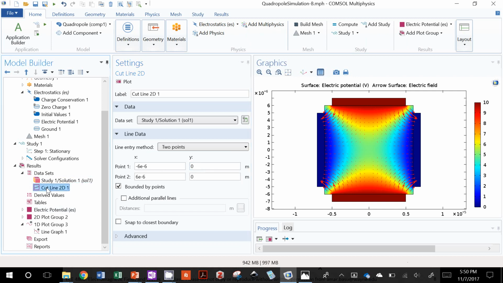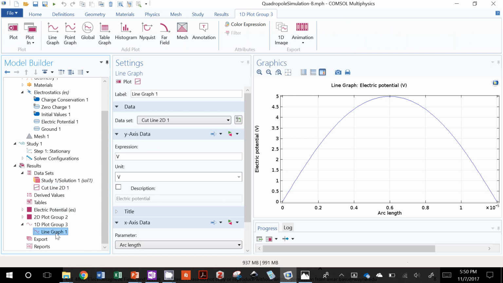All right, so that will define this cut line here. And when we go to the line graph, the data set that we'd like to plot is along this cut line. So if we click none, we won't have any data here. So we have to identify that cut line that we created as the source of the data. The thing that we want to plot is the scalar potential, V,